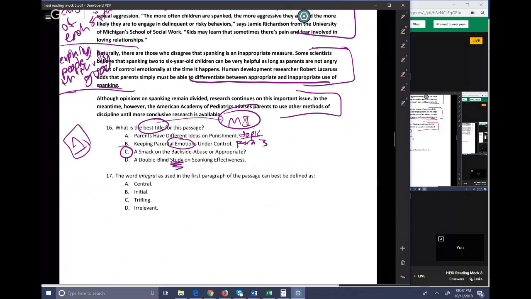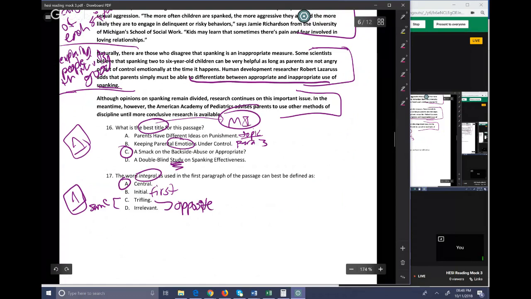17, I said, would come from reading 1 because it's understanding how they used a certain word, and integral would mean central. Initial means first, so remember that there's a usage of the word initial that kind of means at the beginning. So they're not saying that it's first, early; they're saying it's an important, emphasized issue. Both C and D actually mean the same thing, that it's unimportant, irrelevant. Obviously, those are sort of the opposite of what they're saying. They're saying it is a really important thing.